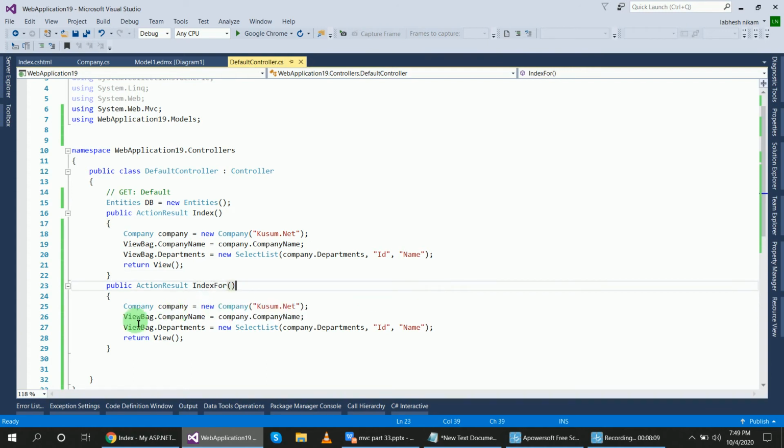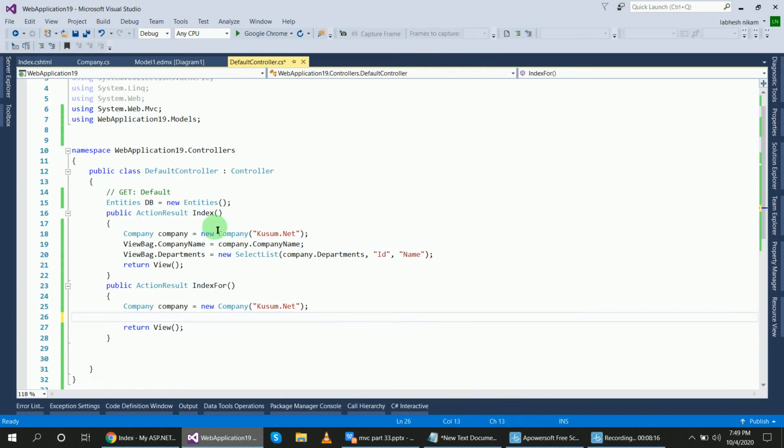Okay, and for this I don't require ViewBag, because this is strongly typed, and I will pass this object inside of this return View. You can see here I have not passed the object into ViewBag, but here in strongly typed view there is passing object in the return View.